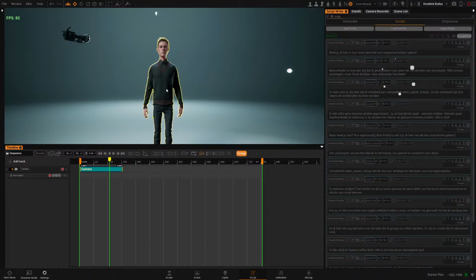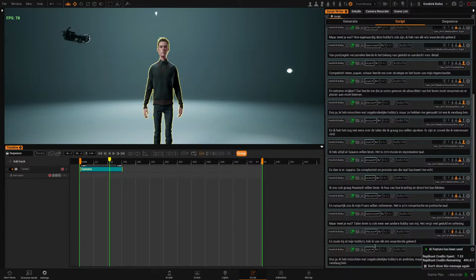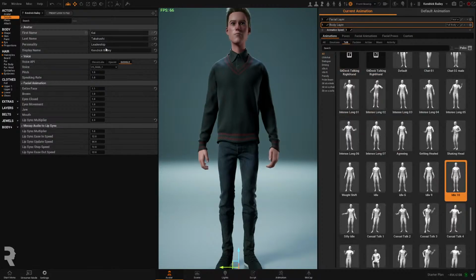So what I would do here is, I'll just wait till it's finished doing this. Okay, great, so that's finished. So now I'll go to the avatar details, and what works well is the Google neural voices. So you have for example here,